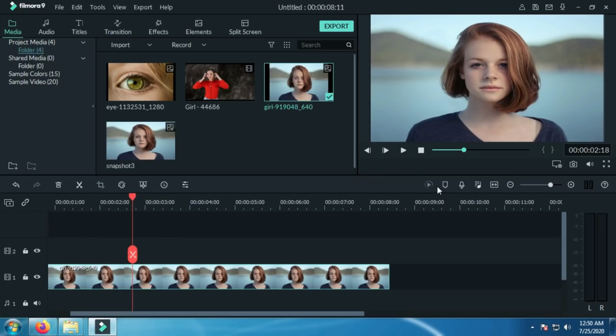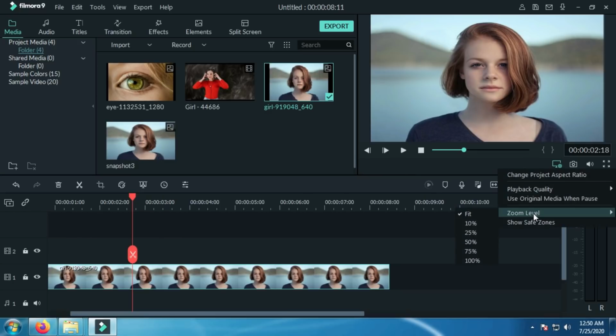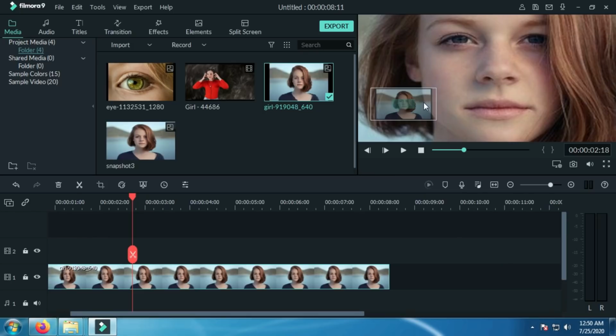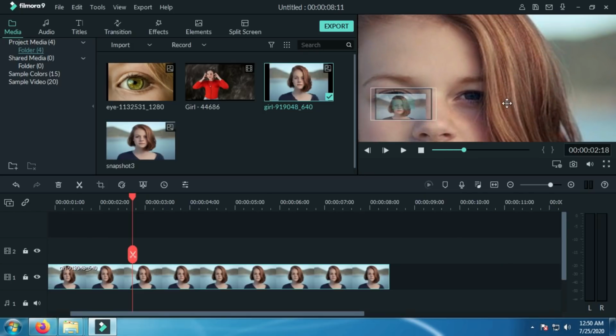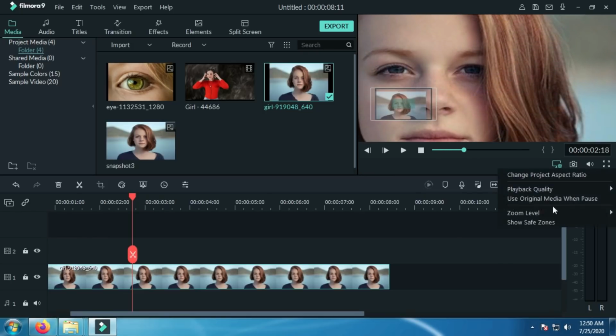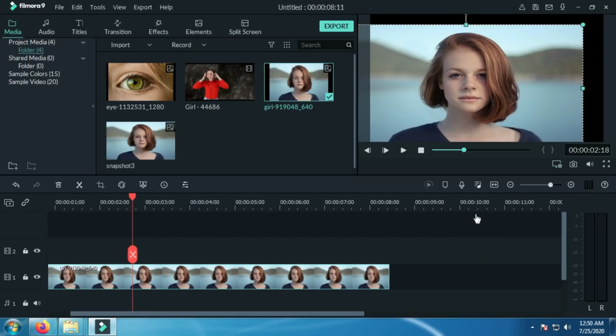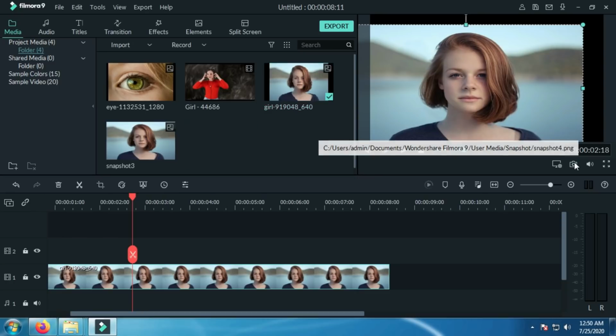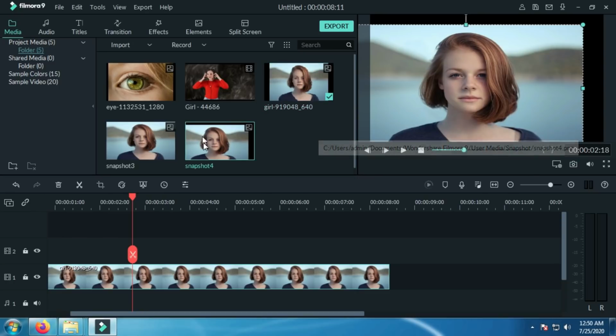You can zoom your videos. Okay, so snapshot option. You can take a screenshot by using this snapshot option.